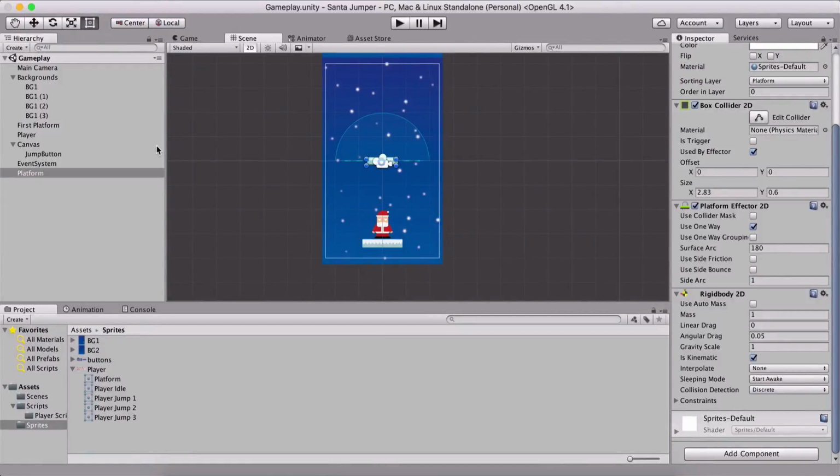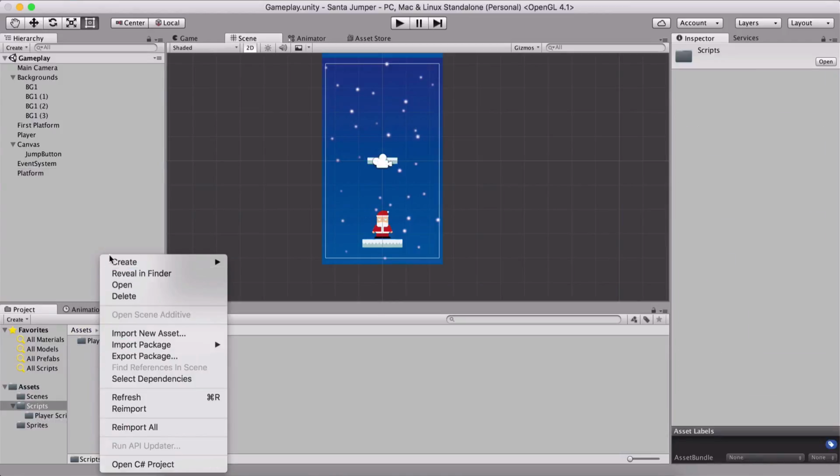Okay, so now we have the player who is happily jumping on the platform. What we need to do is randomize the platform's movement, or actually move the platform. Well, for that we are going to go under Assets, Scripts, and here I'm going to right click and create